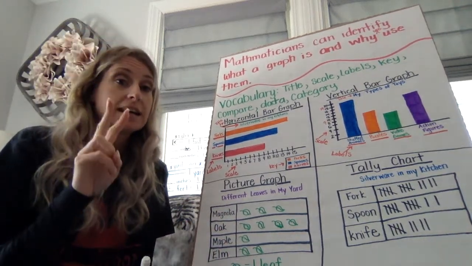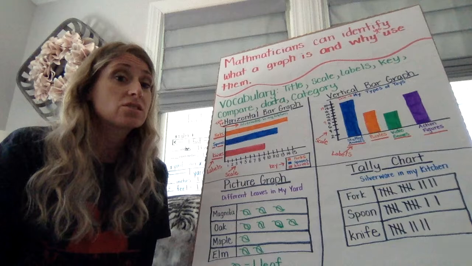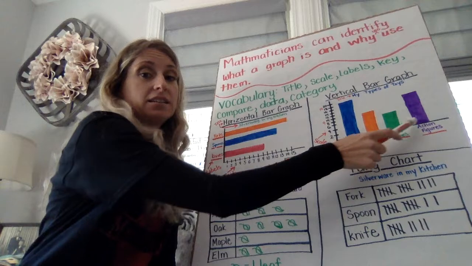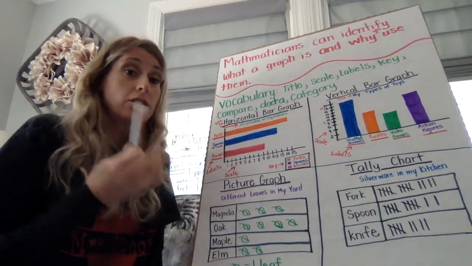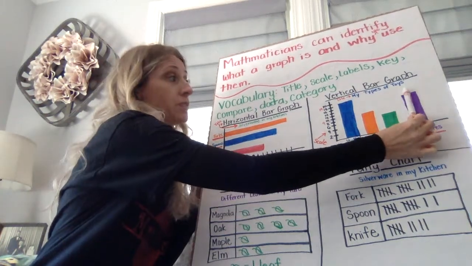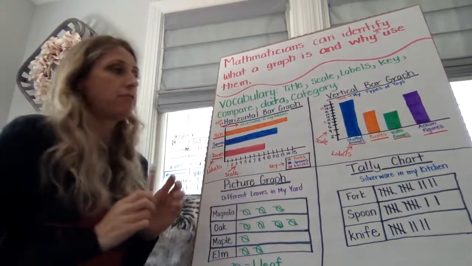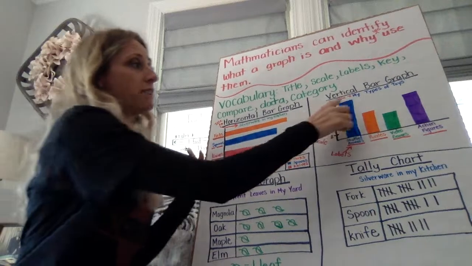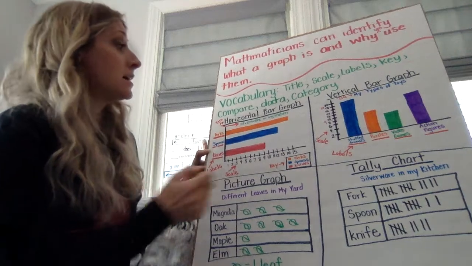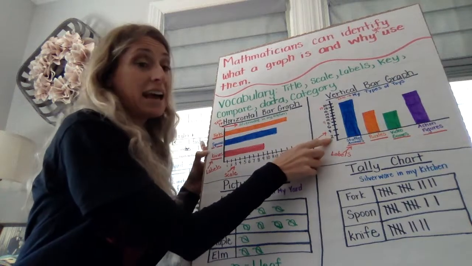Let's take a look at our second graph. Our second graph is a vertical bar graph. So again, it's called a bar graph because the data is represented in bars. It's called a vertical bar graph because it goes up and down. That's vertical. Horizontal is side to side. So here's our vertical bar graph. Let's look at our vocabulary words. We have our title, my types of toys. We're comparing toys. We have our scale. Now the scale is different on this one. You want to make sure you catch it. It's counting by